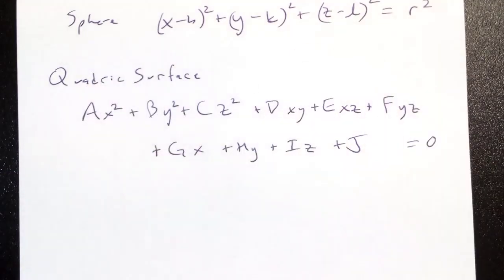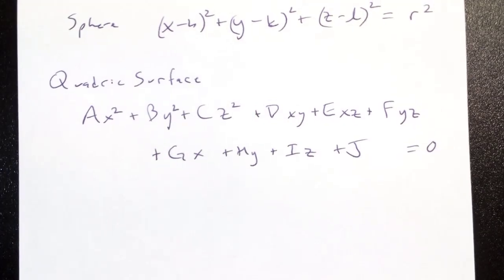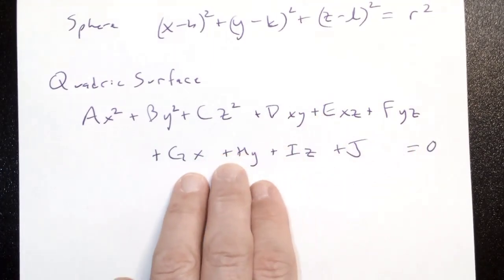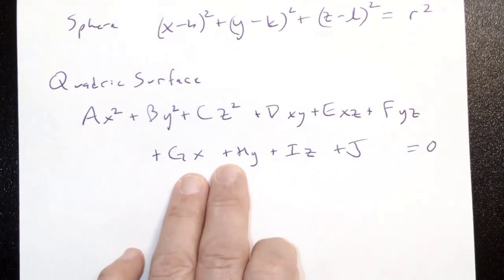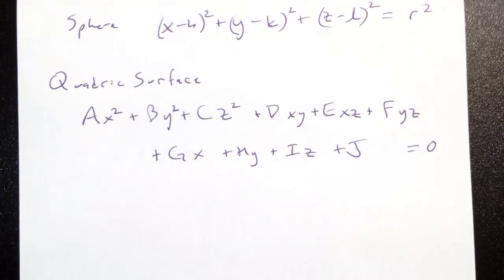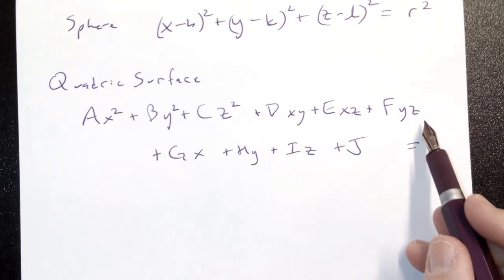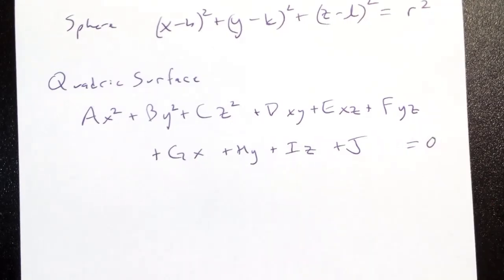What's the easier version of the equation of a sphere? If I put the center at 0, 0, 0, I get rid of h and k and l, don't I? I can do the same thing here. If I put the center at 0, 0, 0, then I can get rid of all of these pieces, or at least two of them. If I rotate this so that it's either parallel to the x-axis, parallel to the y-axis, parallel to the z-axis, I can get rid of all of these. So it turns out that by rearranging,